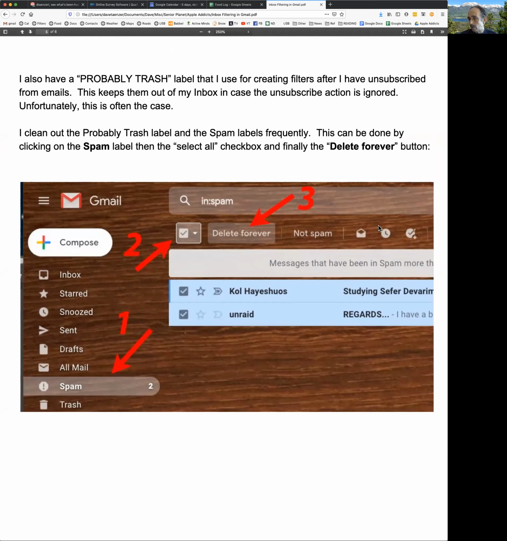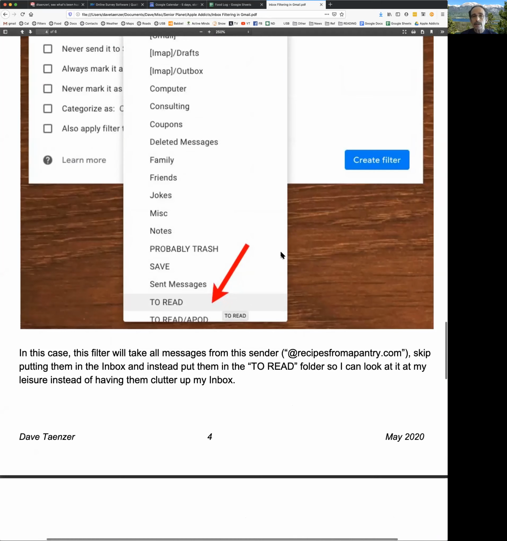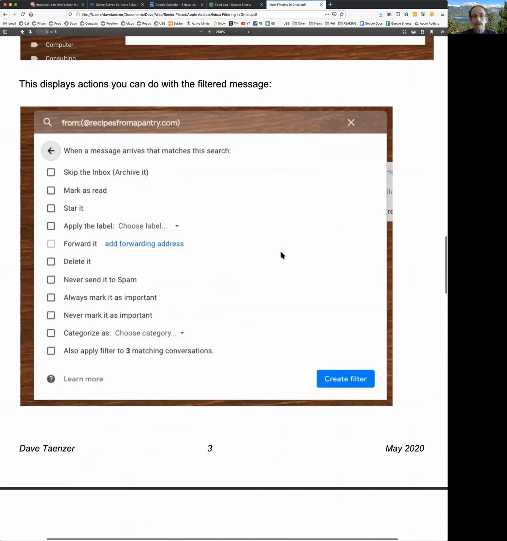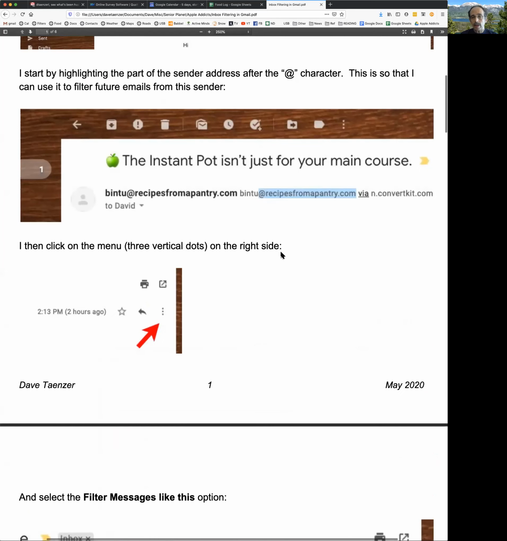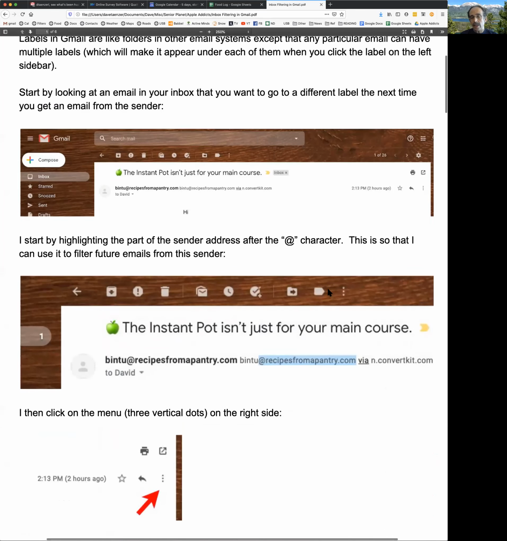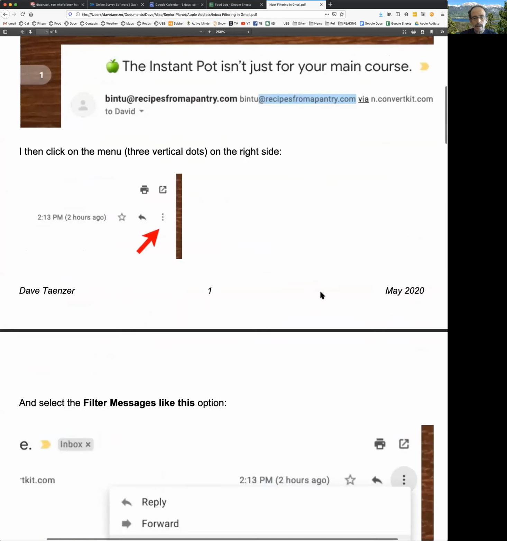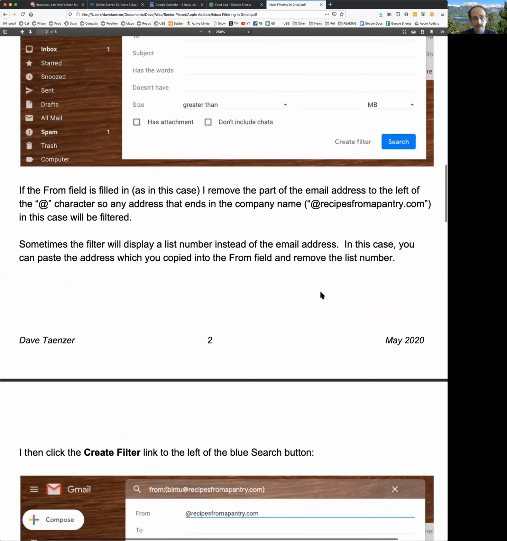You could use the labels button, which I don't think is on this picture. Let me see if it's on an earlier picture. There's a labels button that I talk about in the labels class. Yeah, that's this guy right here that lets you control the labels. And if you have a list of selected emails, you can click this and change the labels on them, like move them to a different label, that kind